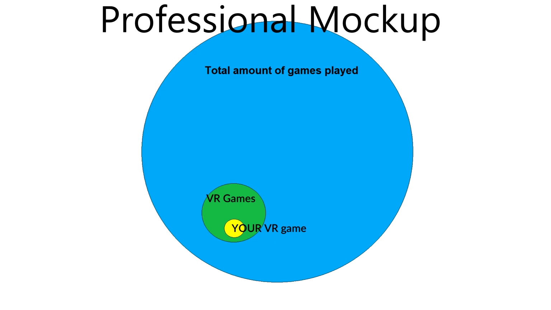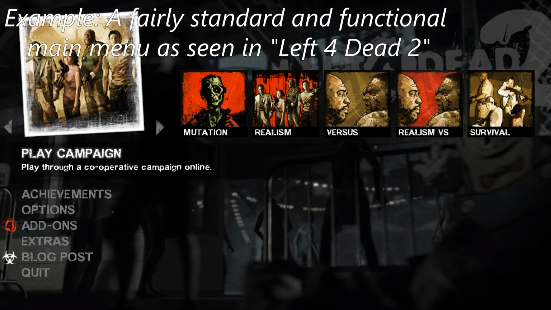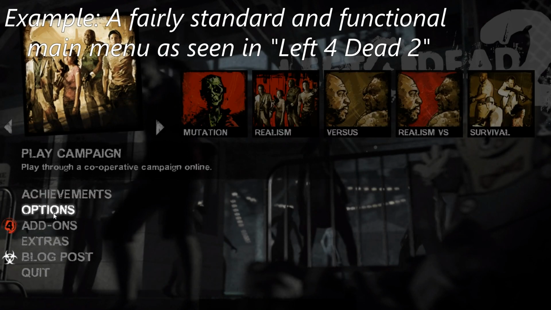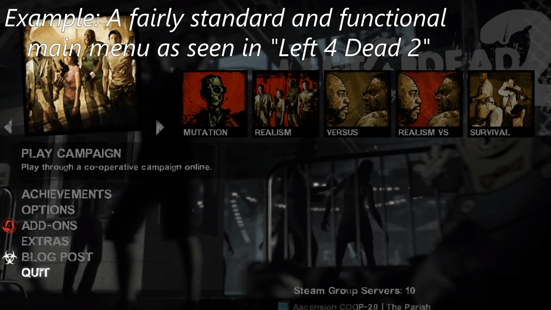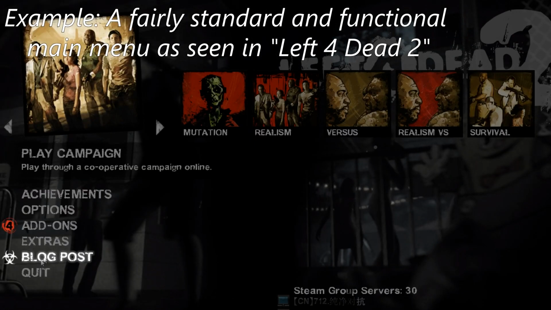Let's think about it. The time a user spends in VR is likely much less than the time that they spend playing games in general. And of this time in VR, the time they spend on any one game is probably a considerably smaller portion. So, ideally, everything should be similar between these three levels. But the very nature of VR makes sure that making a menu like you'd use in a typical game is nearly impossible. Going deeper, nobody has made that ubiquitous format for menu navigation that we see in almost every non-VR